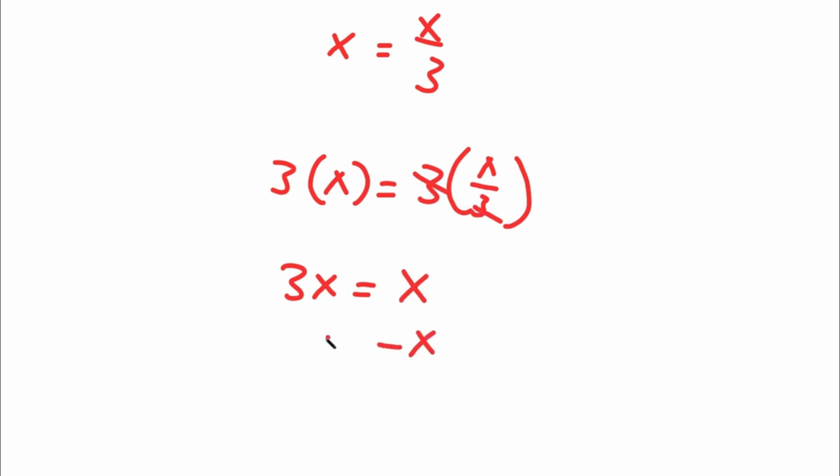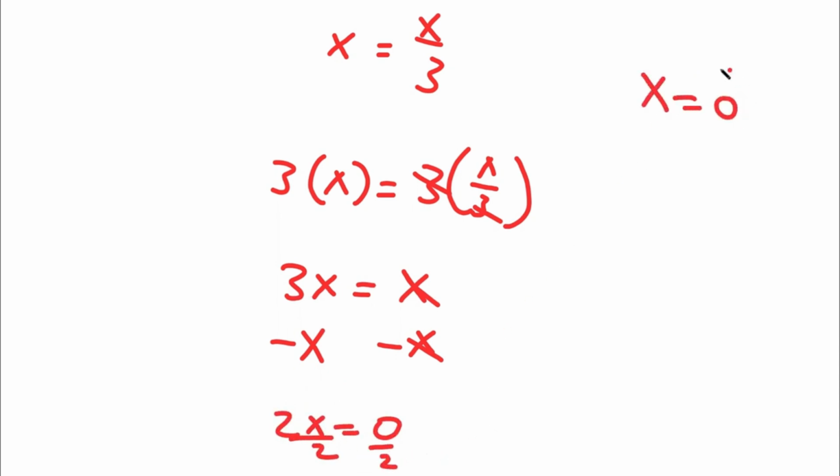Now, I'm going to go ahead and subtract x on both sides. x and negative x, these two cancel out, and 3x minus x is 2x, so I have 2x is 0, and if I divide both sides by 2, I get x equals 0. So that's two ways of solving this problem. So now, to check,